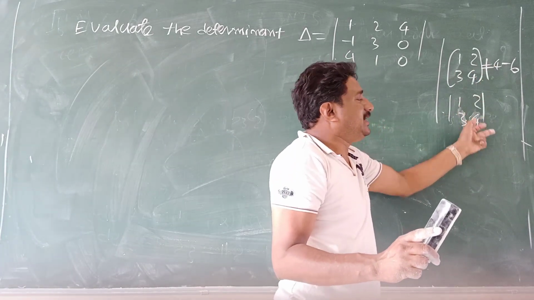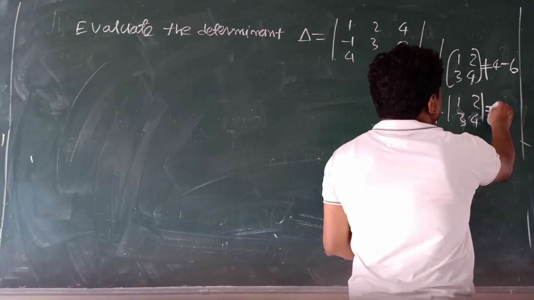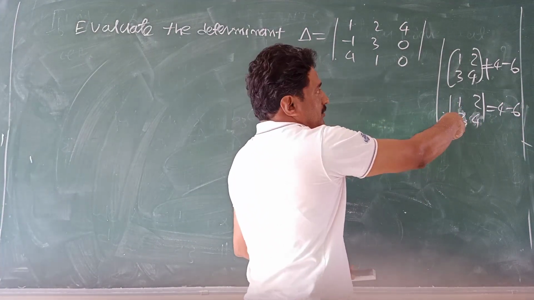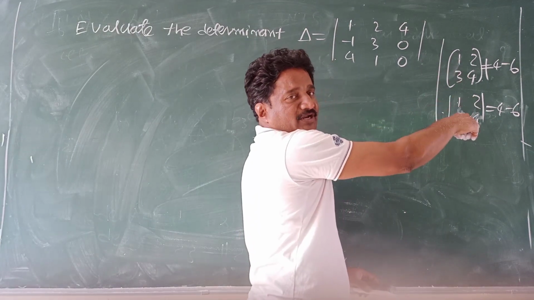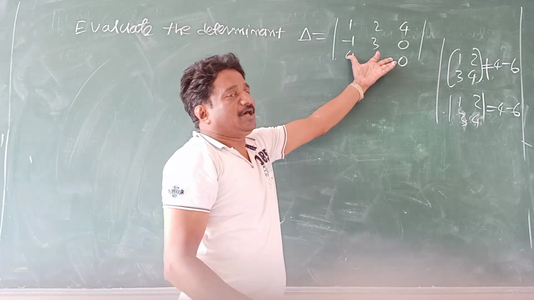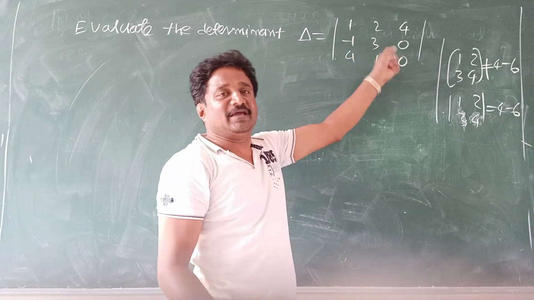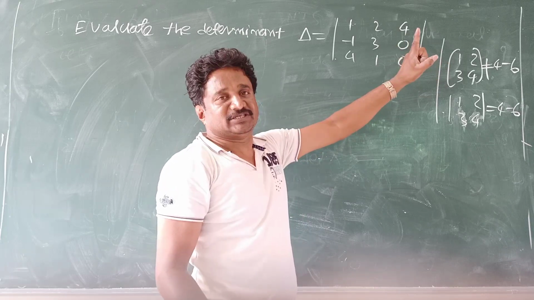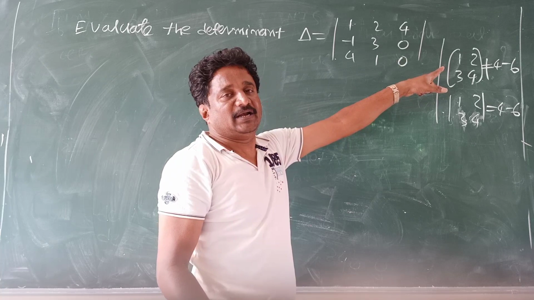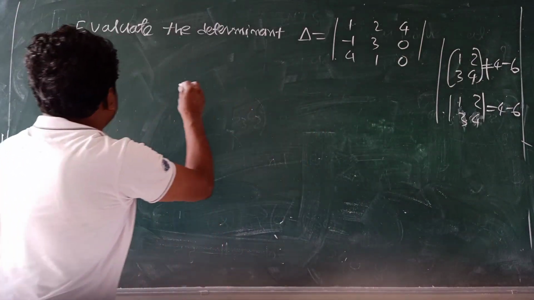If I write lines, it takes the meaning of determinant. Then you go for expanding this. 4 minus 6. Now it is correct. Determinant, matrix. Observe the difference. Now, is it determinant or matrix? Determinant. We have lines. Determinant can be expanded. Matrix should not be expanded. Basic points. Remember that. Right. Let's go for expanding that.